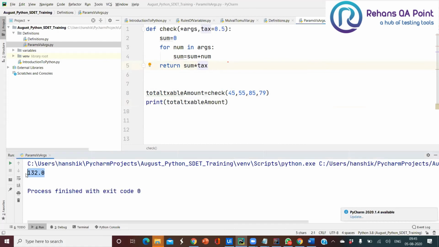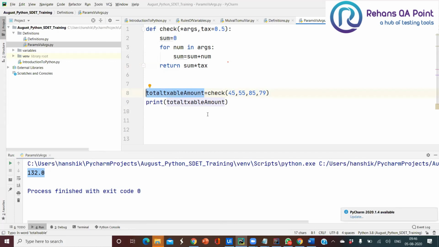This is fine. So how did I capture this? I captured it by using the keyword return. When I have a return in my method, I can assign this method call to a variable, such that the output of this method is stored inside this variable called taxable amount. Now wherever I want, I can use this one. I can pass this particular method's value to any other method.